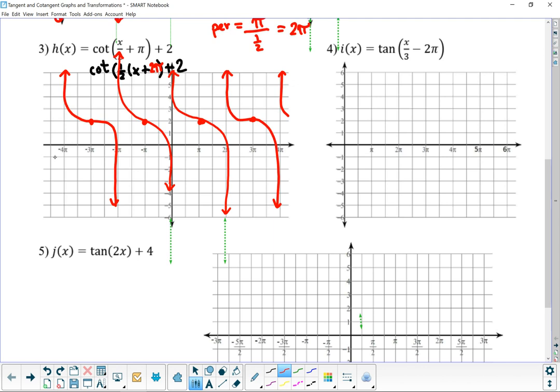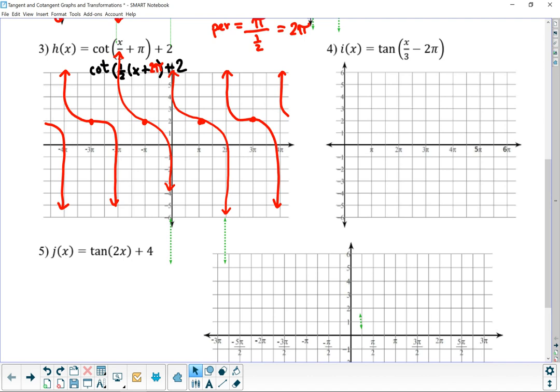Okay, and this one we'll see a little bit like that. Okay, that's number 3. Number 4,